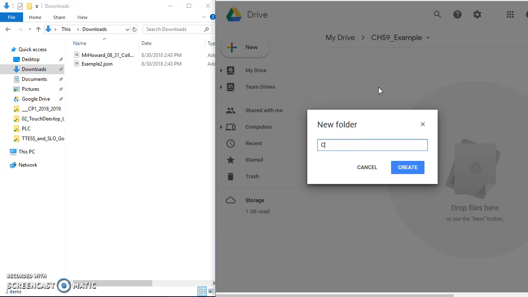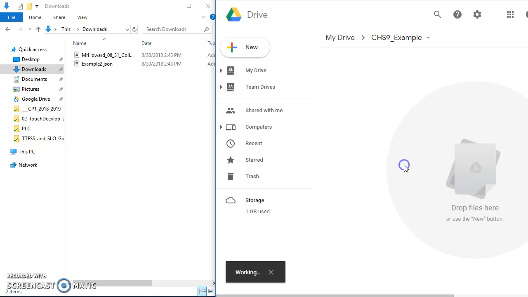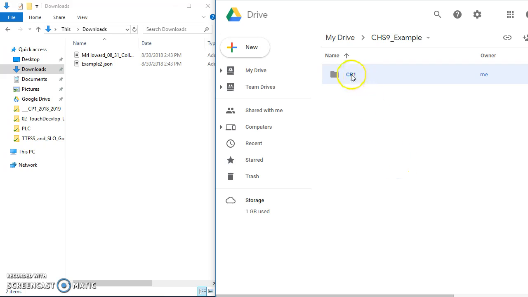So I'm going to call this, because this is computer programming 1 that we're talking about, I'm going to make a folder called CP1. You could make a folder that is called algebra 1 or geometry, etc., for all of your various classes to keep your files organized. Once I have that folder,